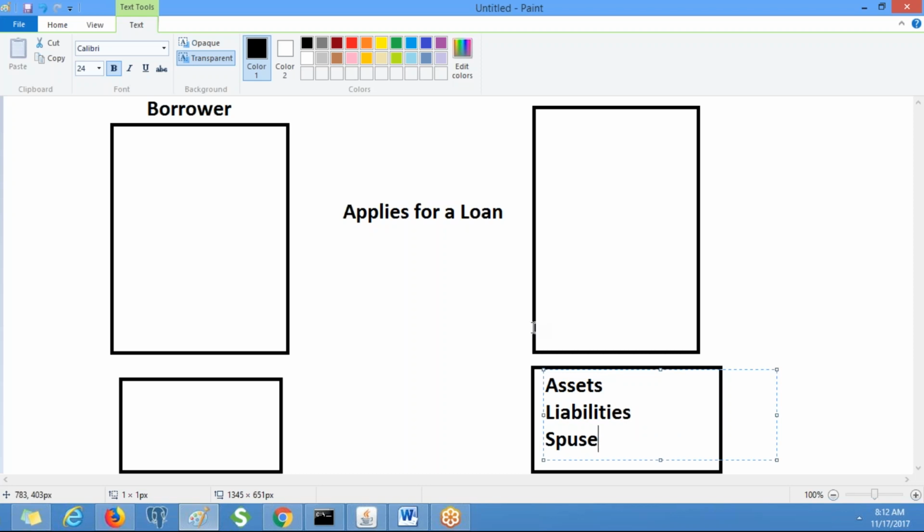So everything is related to these three things related to borrower only, and he applies for a loan. So now here, we need to create borrower related details, assets, liabilities, and loan details. So for all these things we have to create data classes.